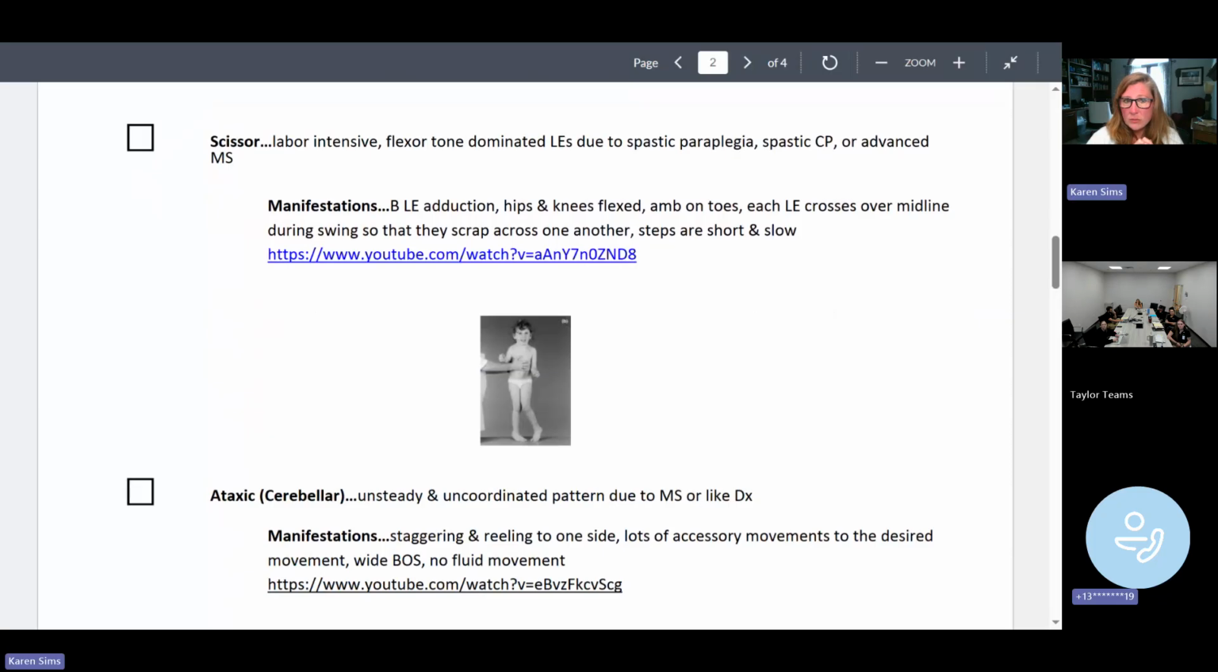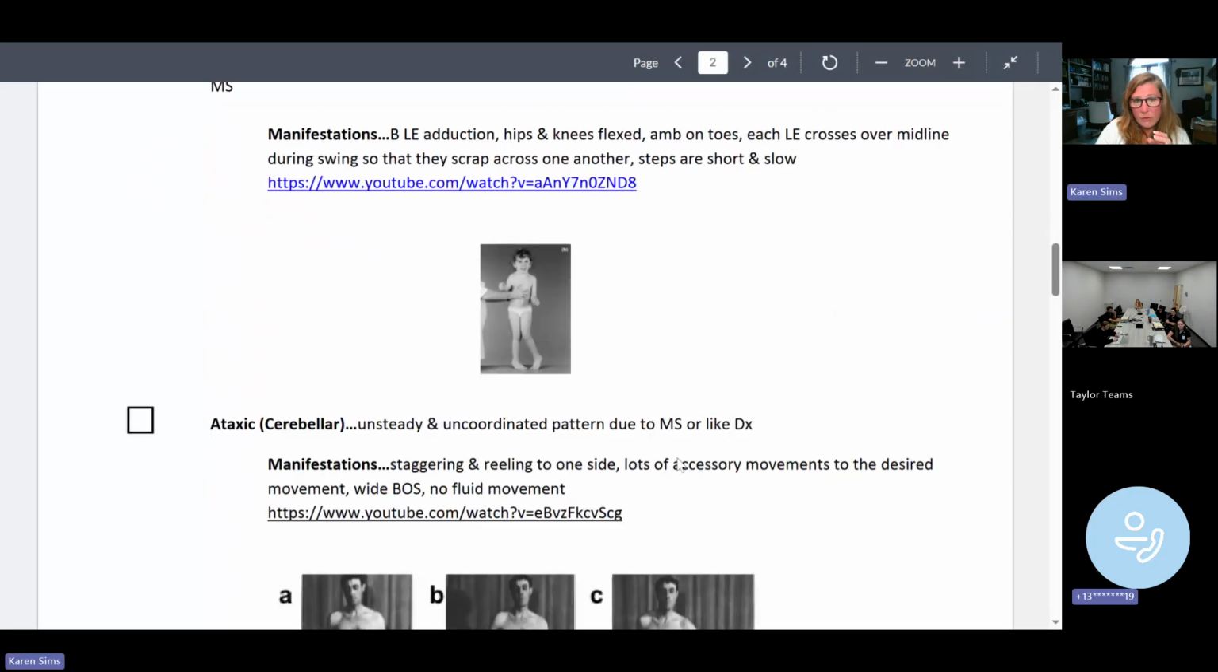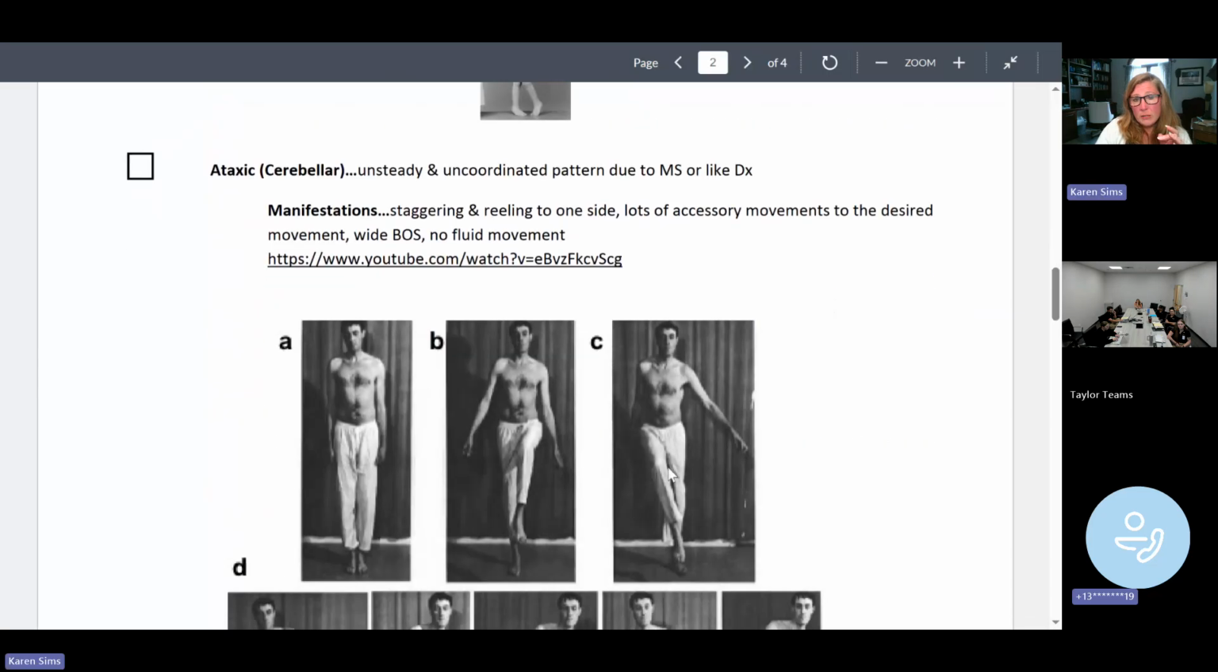Ambulating on toes, and again, each crosses over midline. So again, there's a YouTube video there for you. If you hear of ataxic gait, this is going to be a little bit more your MS patient, your multiple sclerosis, which you have not gotten to in this course, but I'm just getting you familiar with different types of gaits. This is going to be super unsteady, uncoordinated,